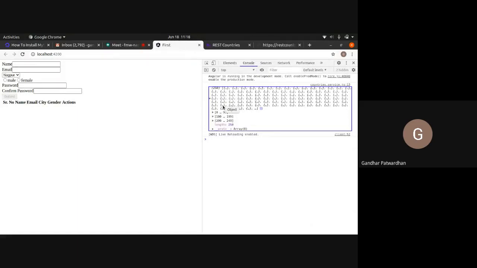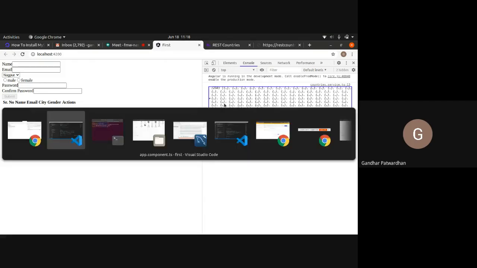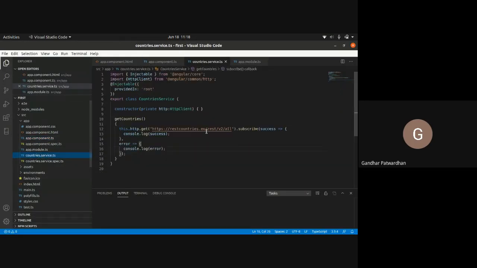लेकिन ये जो आपका एरे है, कंट्रीज का एरे, ये कहाँ प्रिंट हुआ है? ये प्रिंट हुआ है आपके सर्विस में, यहाँ. But what we want is we want it in our constructor. So to do that, we should remove this subscribe here, and instead we should simply say return this dot http dot get.